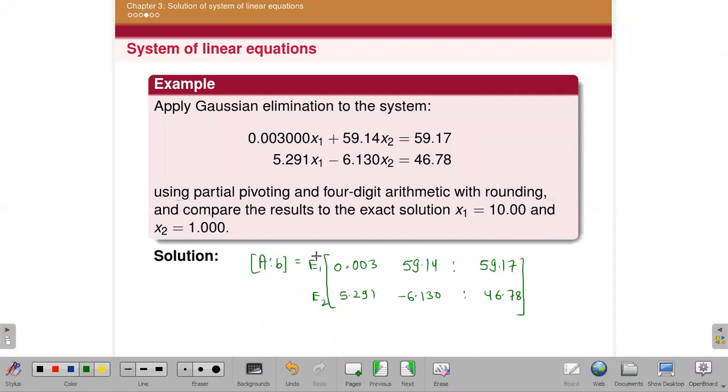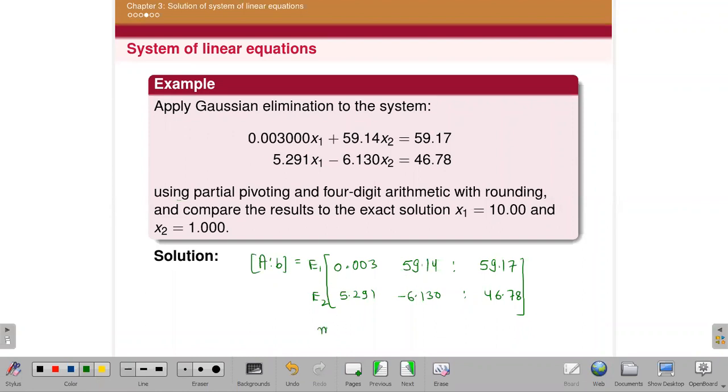Now before applying the operation, don't forget to apply partial pivoting. Students, what do they do? In the exam they forget partial pivoting. They just solve the question with simple Gauss elimination. But if it comes in the exam question that you have to use partial pivoting, then you have to apply it. Otherwise marks will be deducted, means full marks will be deducted. Nothing will be given to you.